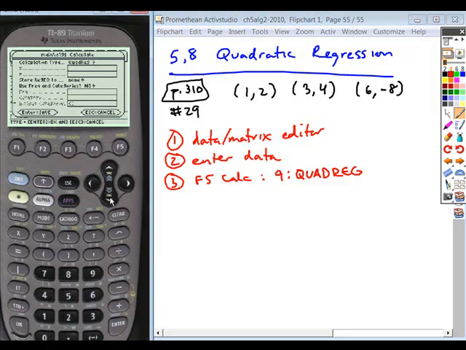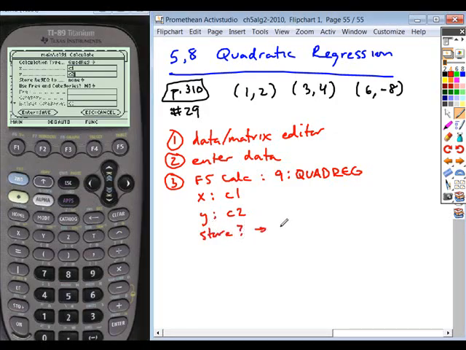Okay. Once you do that, you're then going to do the same things that we did with the linear regression. We're going to enter C1 for our x coordinate. We're going to enter C2 for our y coordinate. Okay, it's already set for the alpha mode, so you might have to turn it off after you hit your first letter. You'll then have to turn it back on to write C2 in the second field. And then again, should you store it, I would suggest that you store it to the Y editor, just so you have access to it. And I'll show you again